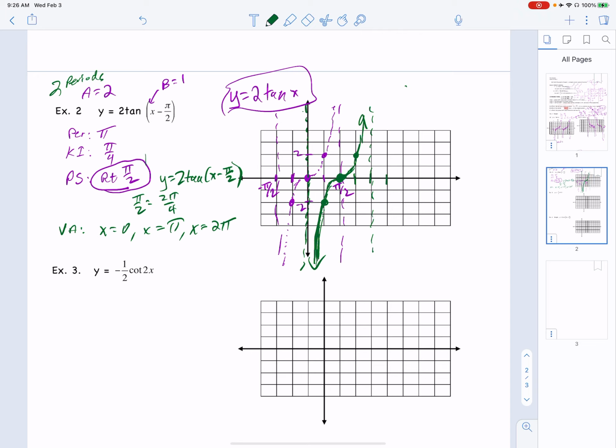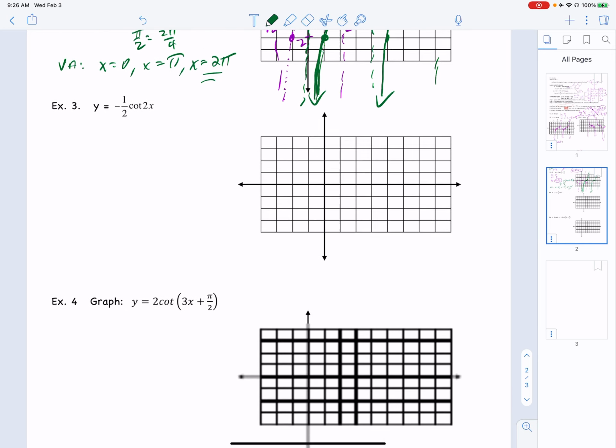So I'm going to just count 1, 2, 3, another set of key increments. And that's x equals 2 pi. Halfway in the middle is 0. There's the stretch of 2, every key increment, and oops, don't quite like how that went away from the asymptote. I want to get closer and closer without touching it. And so there is the second one. All right,